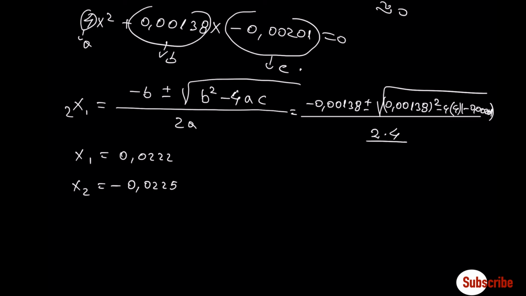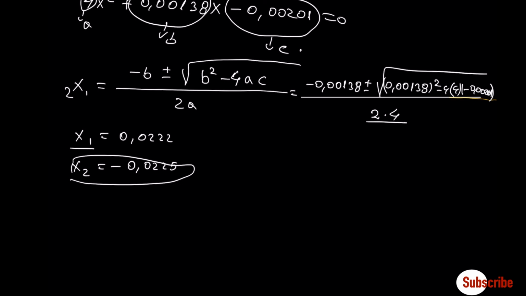Only one solution is meaningful in this type of problem. So you may have already guessed that x1 is the right value to take in the further calculations, because x2 is a negative value and we cannot have a negative concentration. It may happen that both x1 and x2 are positive values. In that case, you are going to take the smallest value of x. So the equilibrium concentrations are